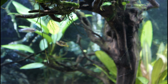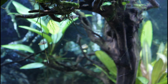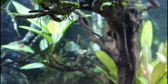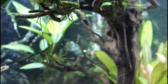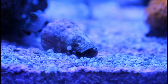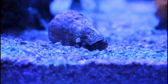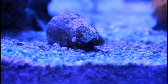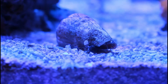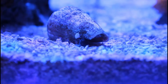Now, using your established filter media as well as some established substrate, even just a handful of the substrate will be sufficient. The substrate also holds trillions of bacteria and little waste particles. This is also why, after your aquarium has been established, gravel vacuuming your substrate is very important. Using both established filter media and a little bit of established substrate from an existing aquarium is the perfect method to starting your